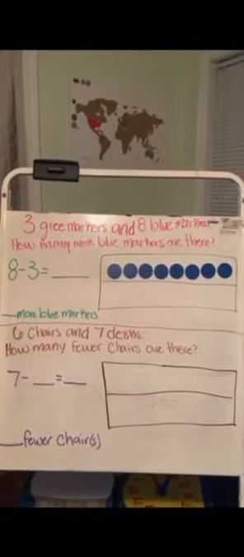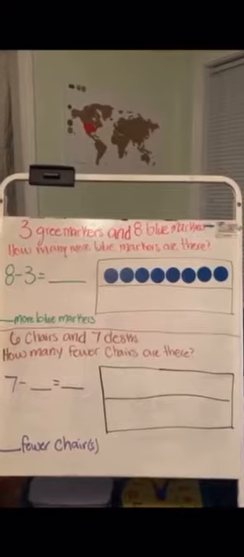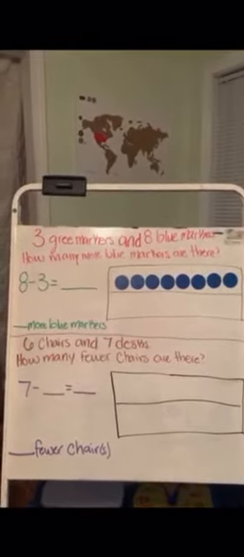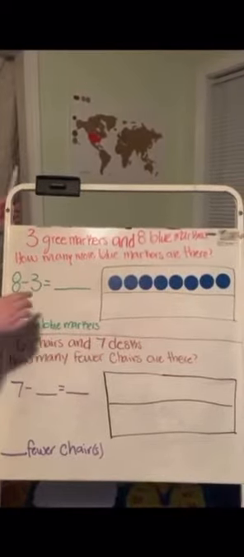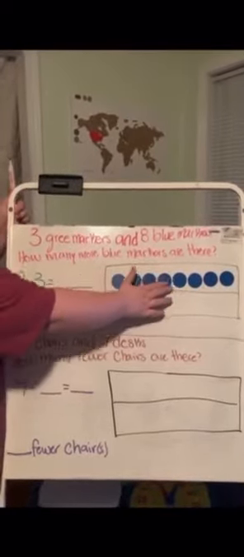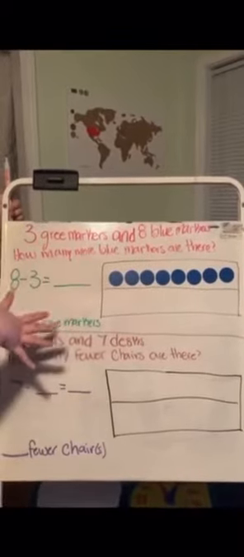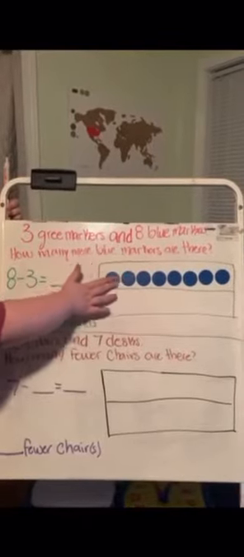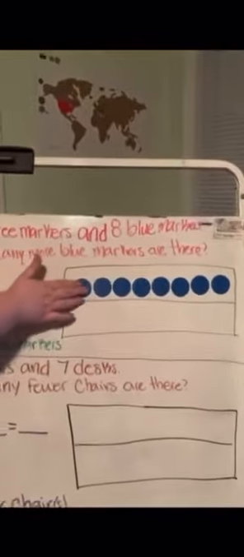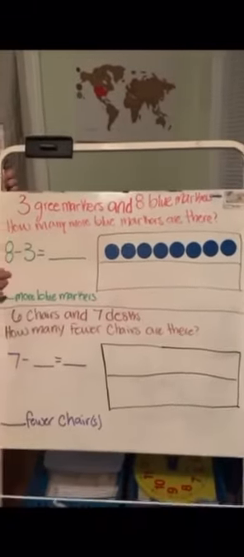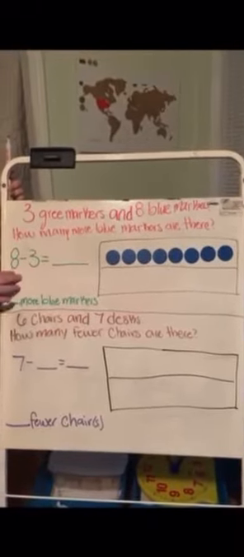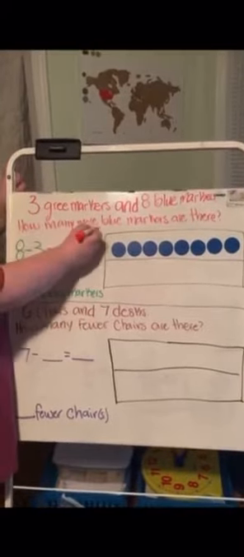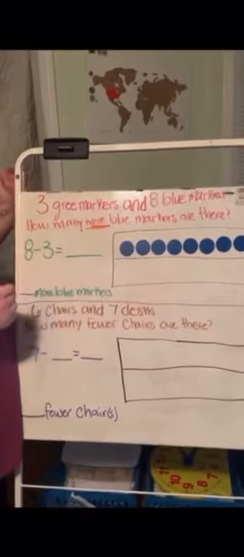The first problem says 3 green markers and 8 blue markers. How many more blue markers are there? So with the strategy today, they have given you a box with part of the number already laid out. So your bigger number is always going to be on the top of your box. So right now there are 8 of these blue dots to represent the 8 blue markers. So they've also given you the math equation on this one, 8 minus 3. And what they want to know is how many more, and they're using that word again, more, blue markers are